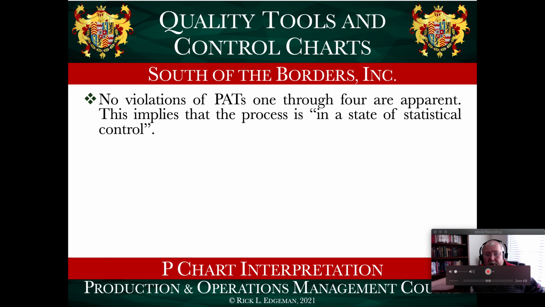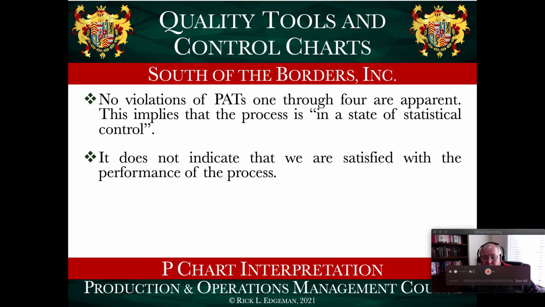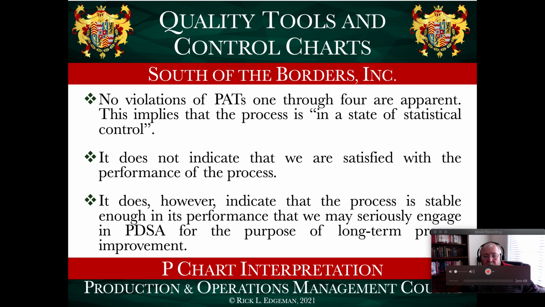So that first point here on interpretation, there are no patterns in your chart. The fact that there are no patterns tells you that it's in control. Doesn't mean that you like the level at which it's in control, but it is in control. That's a good thing. It means it's stable. It means you can work on the process. But it doesn't mean that it's in control at a level that you're happy with. And that's what the second point means. It does mean, however, that we could go ahead and engage in plan, do, study, act